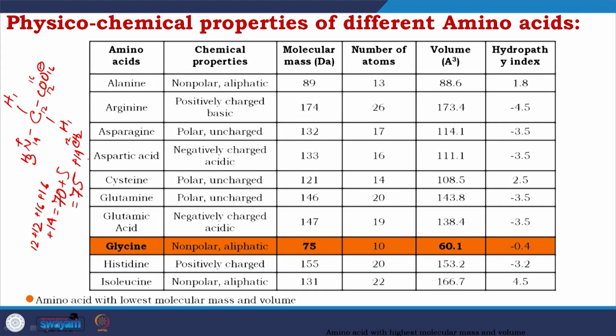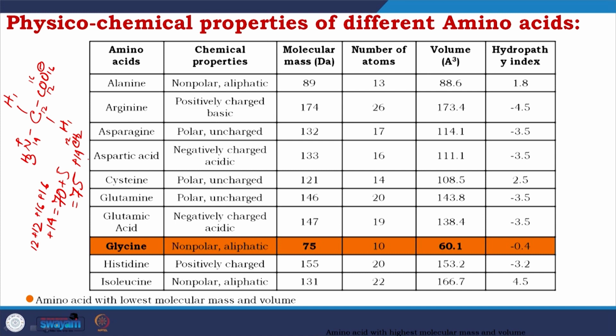For volume, alanine 88.6, arginine 173.4, asparagine 114.1, aspartic acid 111.1, cysteine 108.5, glutamine 143.8, glutamic acid 138.4, glycine 60.1,